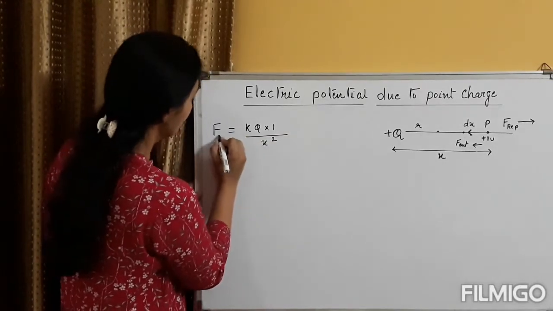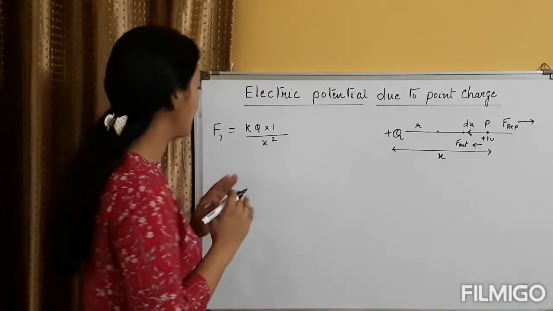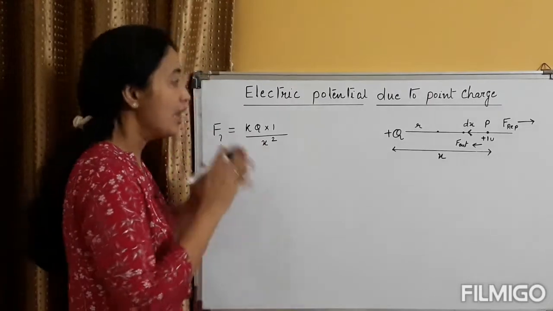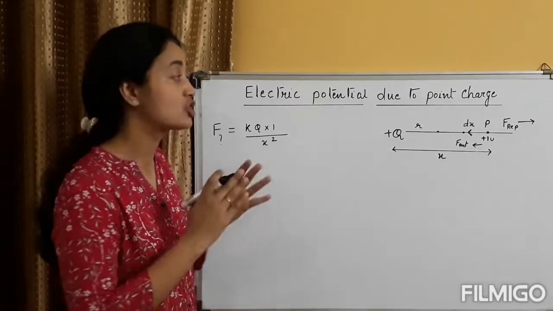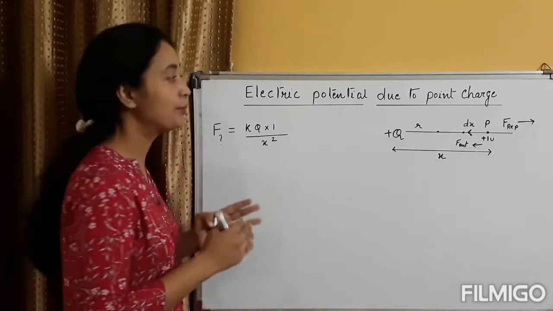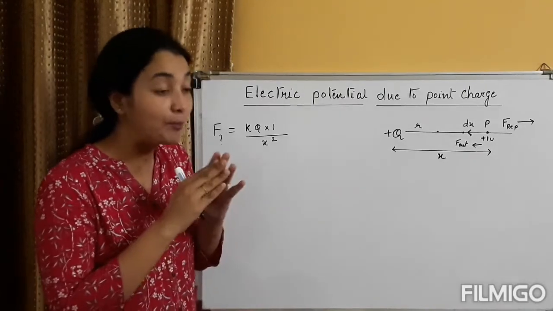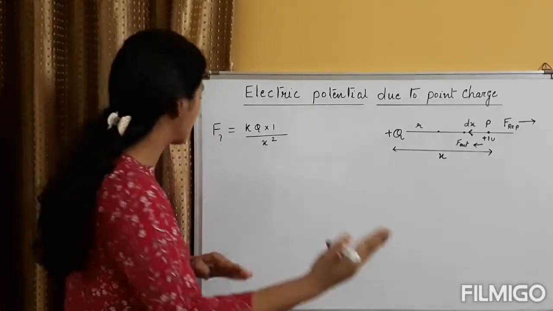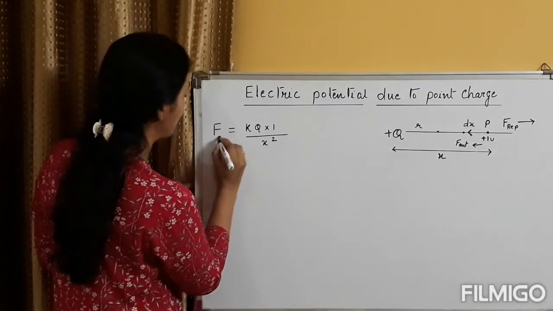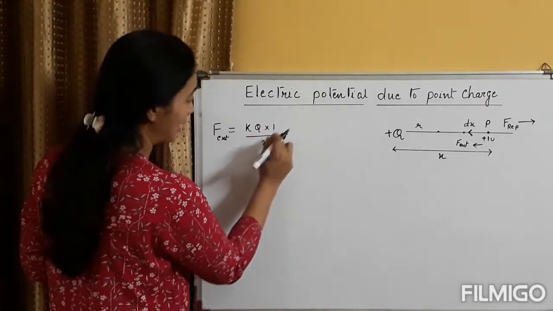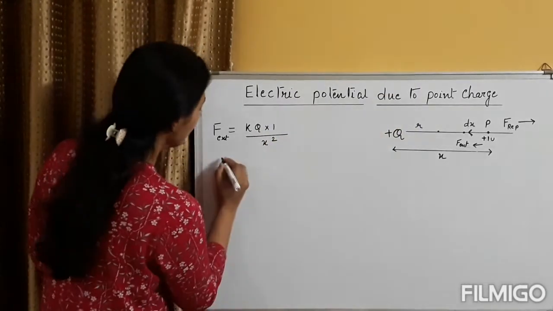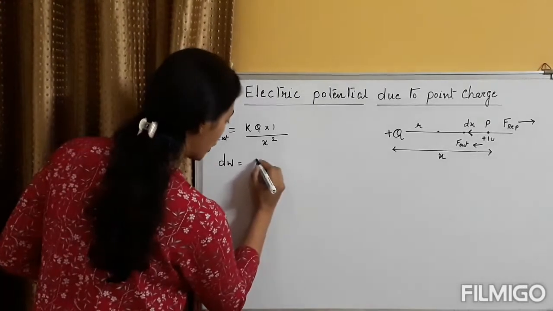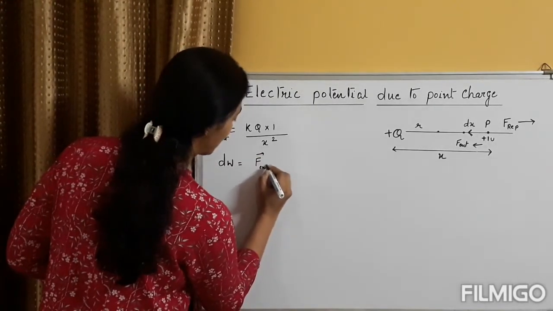Now, this force can be F electrostatic, it can be F external. In the previous episodes, I've already told you that the charge has to move without acceleration. That means F electrostatic and F external are magnitude-wise exactly similar. Whichever force you are using, according to that you have to see the situation. Suppose I'm using F external, then it is KQ into 1 upon R square and the direction is radially away. Now the small work done by the external force is equal to the force applied, which is F external,